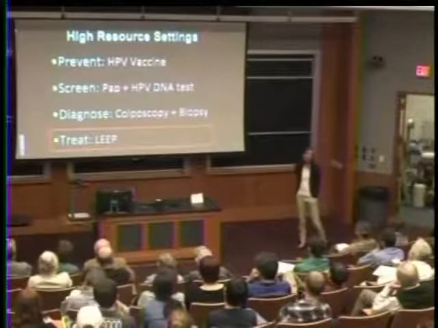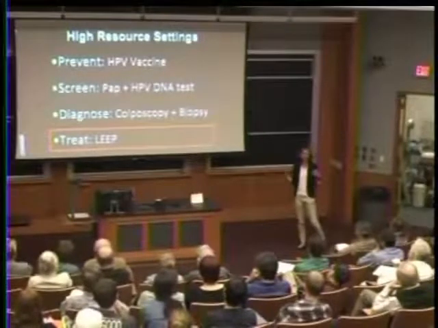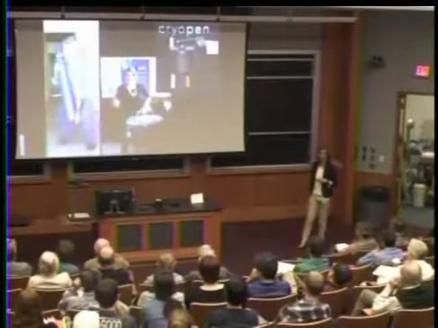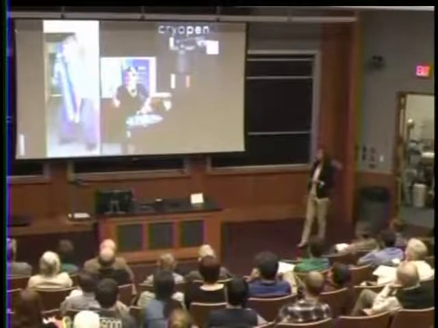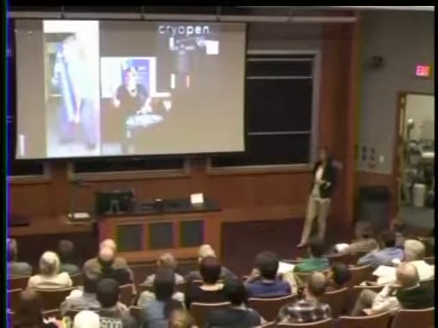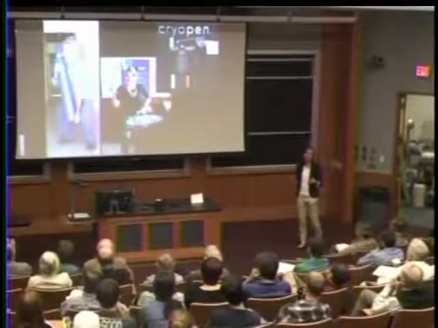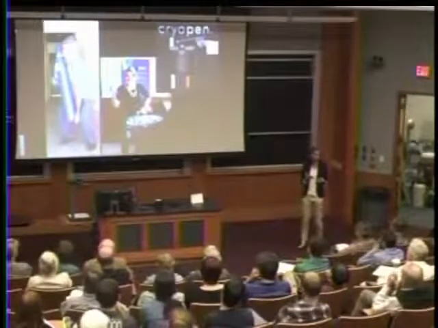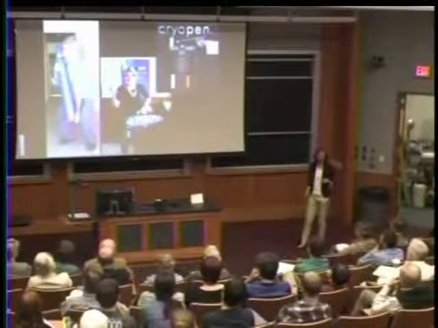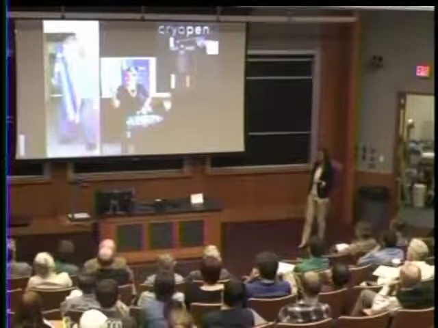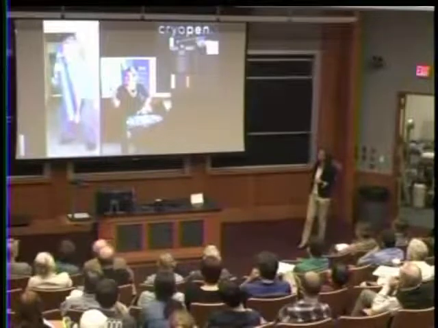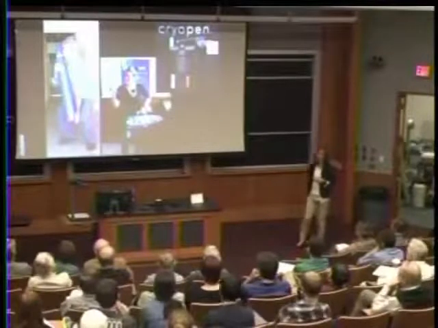And finally, in our group, we're now doing work to look at can you bring treatment closer to patients, but our colleagues in El Salvador are very interested in this. And so right now, cryotherapy is the standard of care using these big, heavy tanks of CO2 gas. They are expensive. The cryo guns that you use to provide the treatment tend to jam in the field. It's really hard to do this in rural areas. And so they're working with a new kind of cryotherapy device that is electrically powered and much less expensive. So they're trialing the cryo pen.